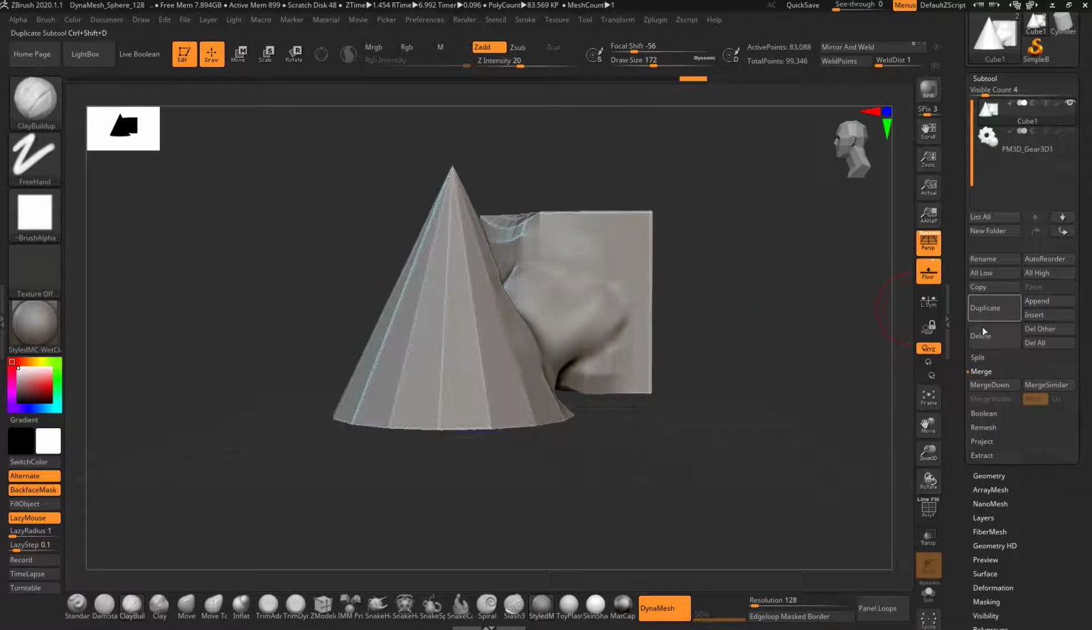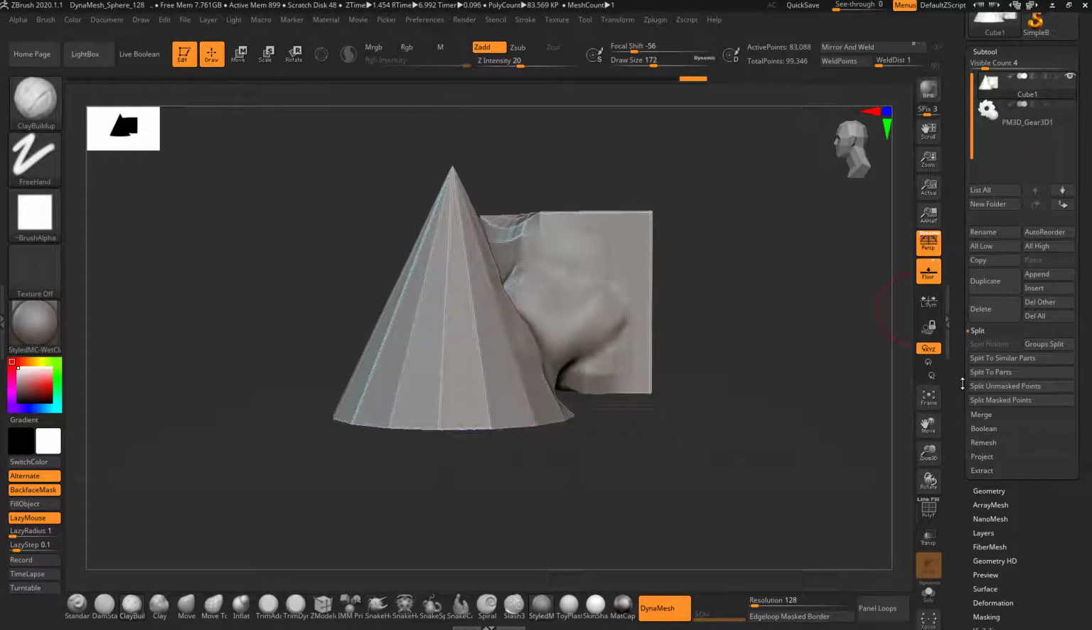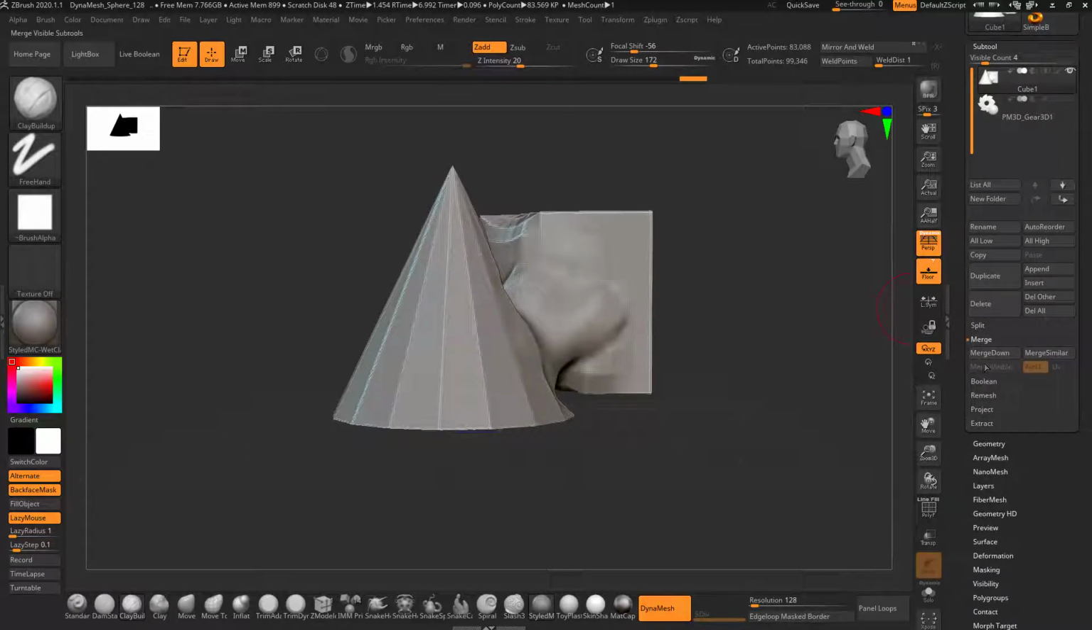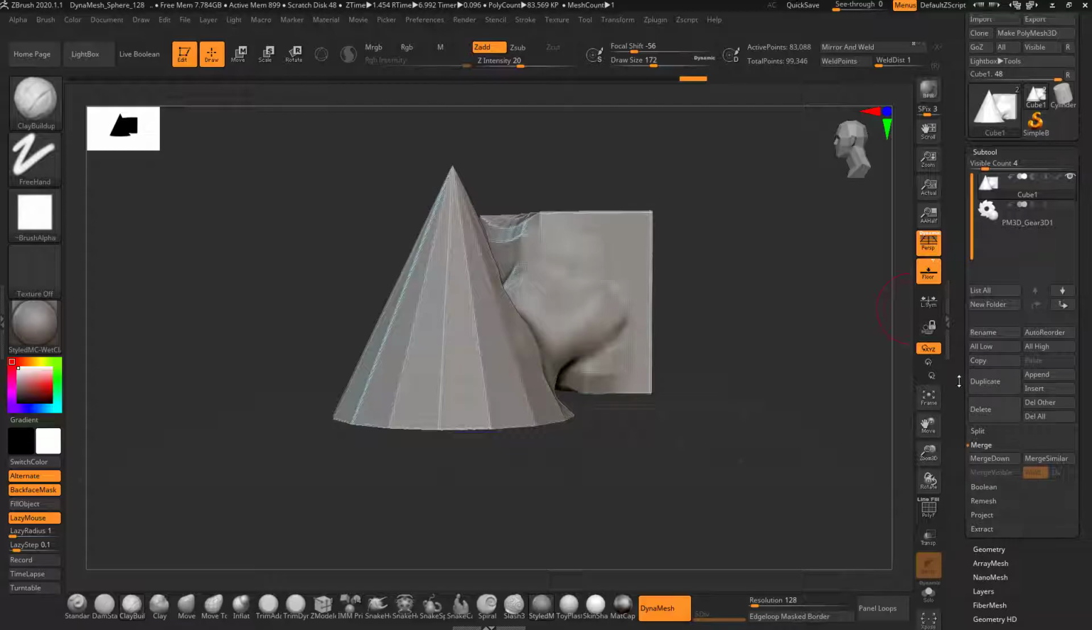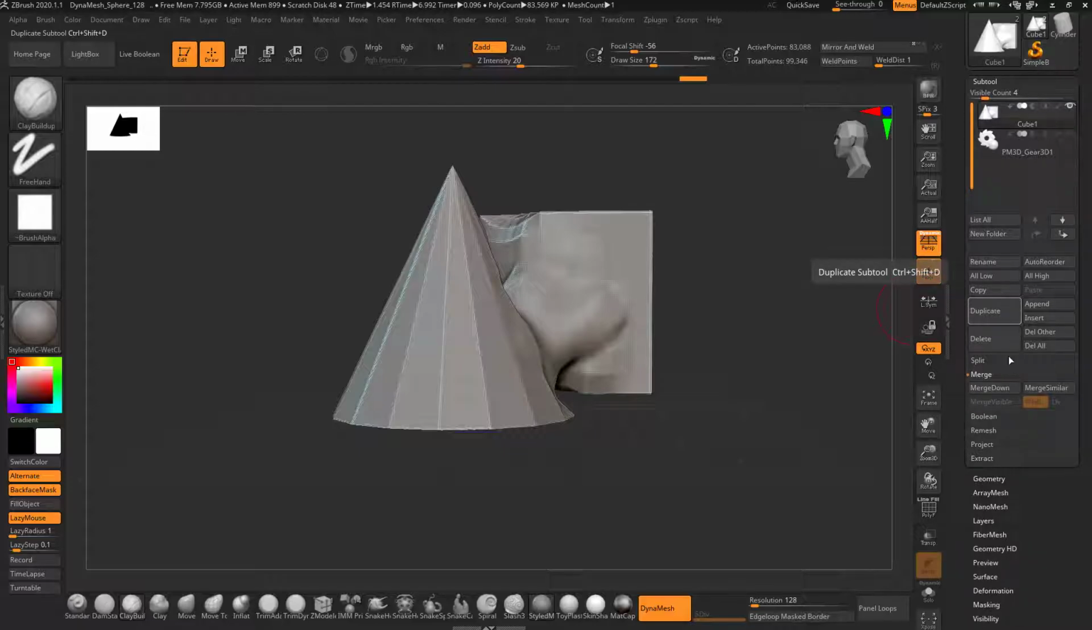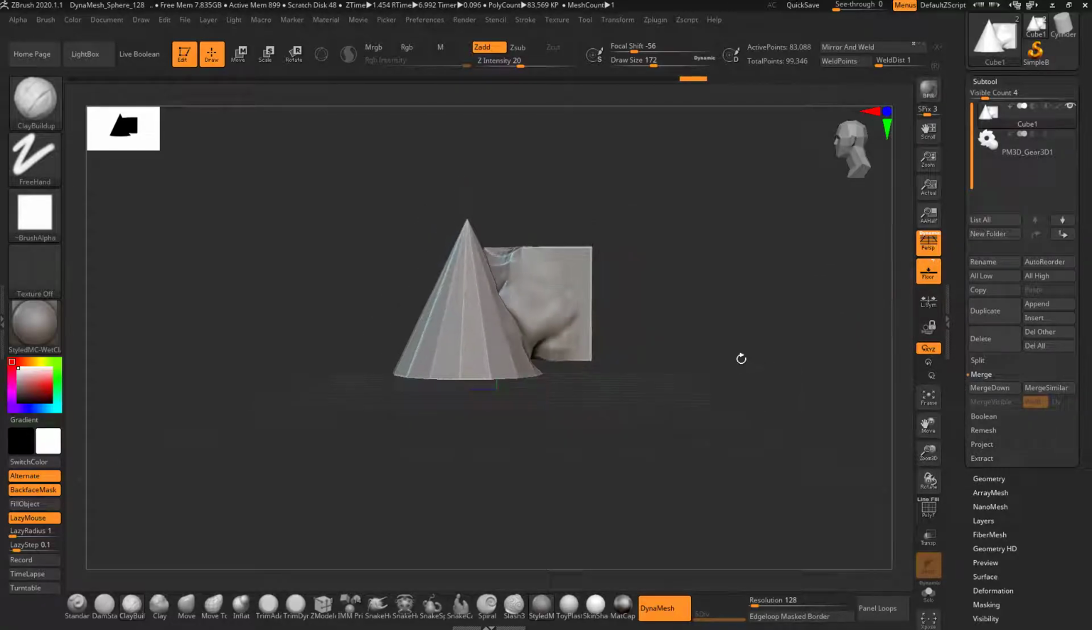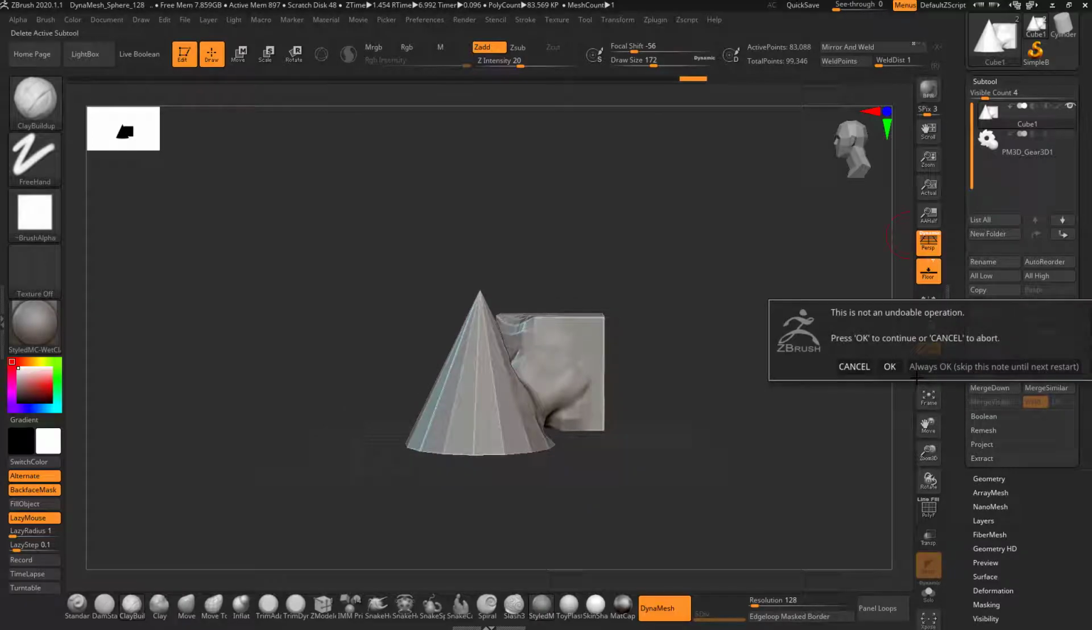Okay, so in the same way you can split, you can actually merge. When you click on Merge Similar, what it does is, if you have two similar subtools, then you can merge them together. Like if I say I have four spheres, I can show you in this, so I will just delete this,